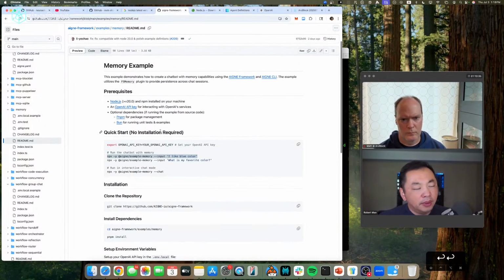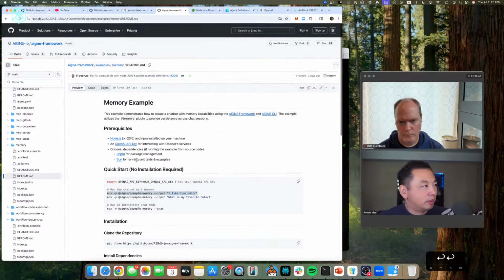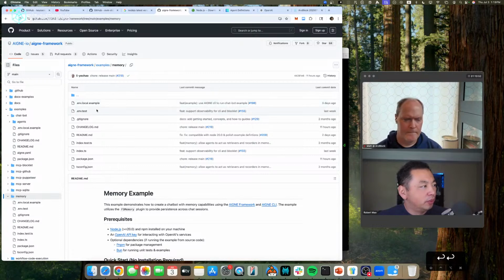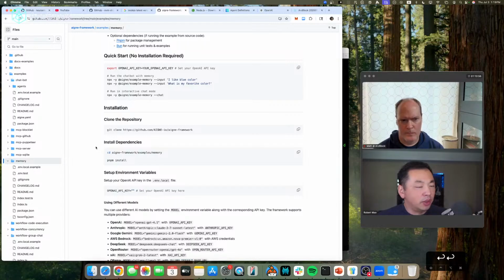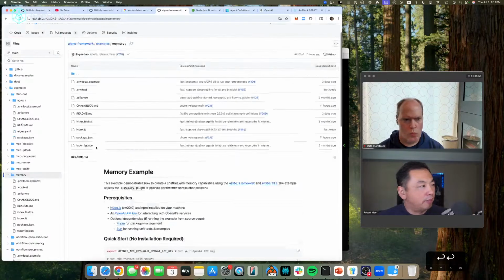So now you prepared the system, you know how to get the API key, and now we successfully run a very simple demo application. If you want to explore what exactly happened, right? You can click on this example folders. You will see the code. That is the code that we used for this memory.